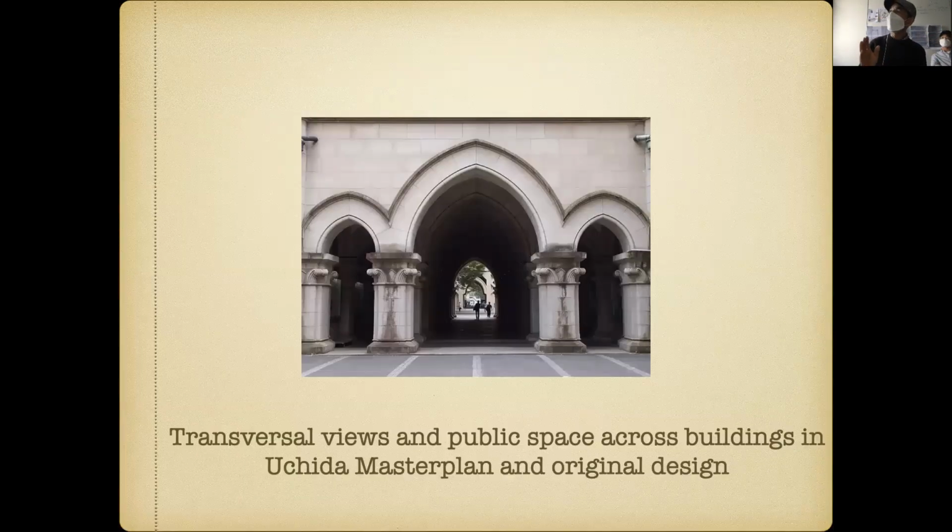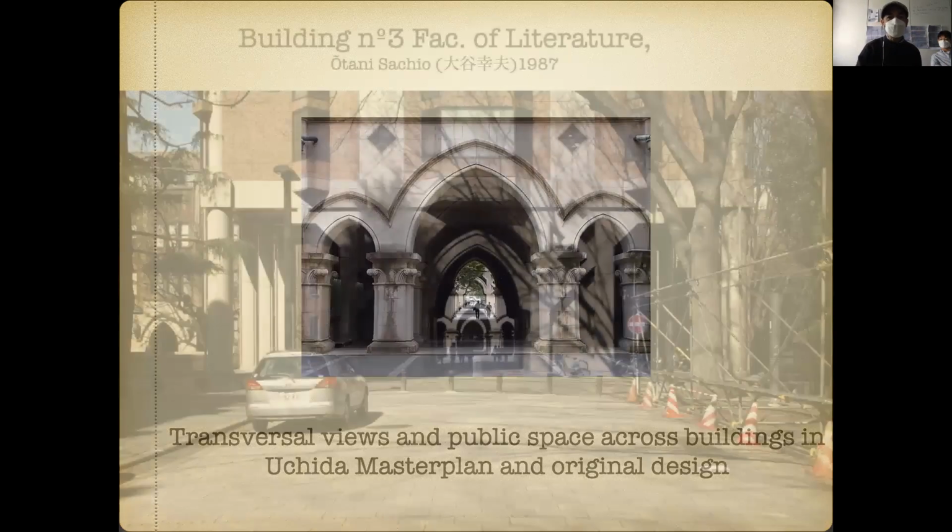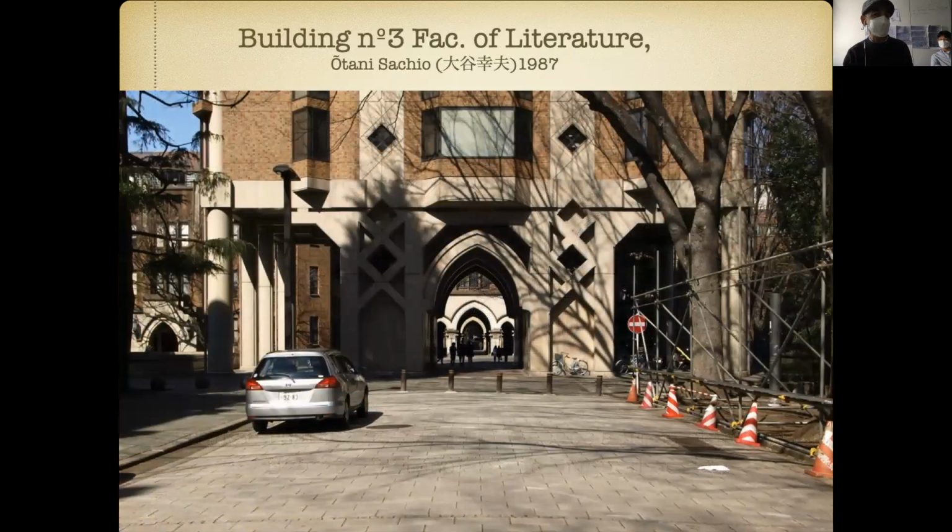Then, interestingly, this is what we talked about with the pastels, right? Uchida was very serious about those axes. This is both art, but rationalistic, and helping to organize the campus. And axes are important. In the first plan, it's kind of a Gothic axis. If you go building after building, you have main axis and secondary. So you have this kind of permeability. And that's kept in some of the constructions, right?